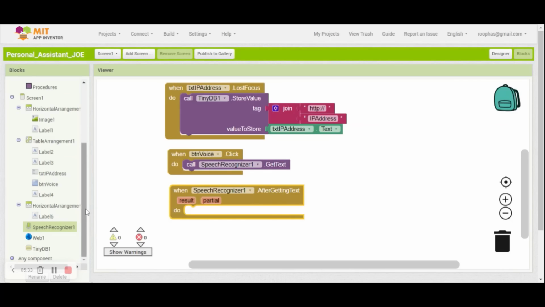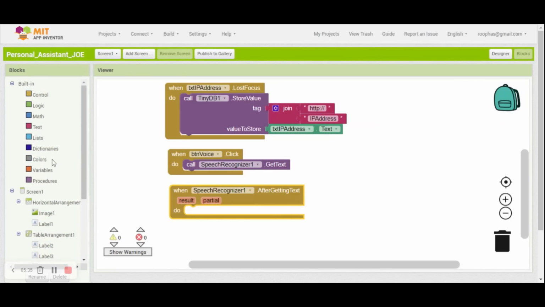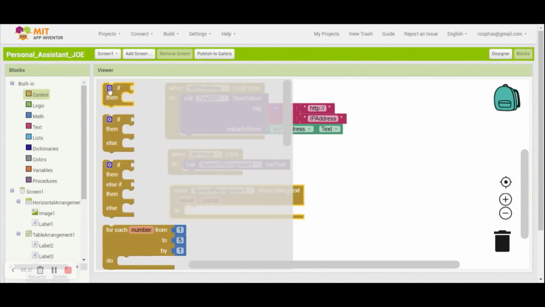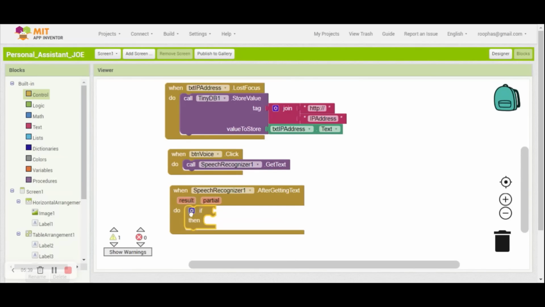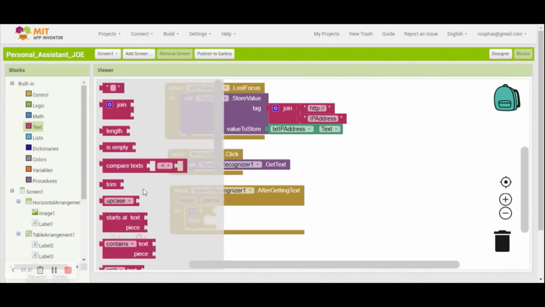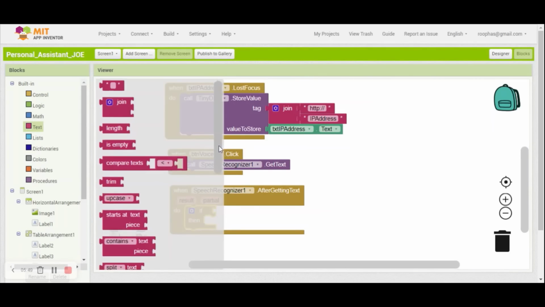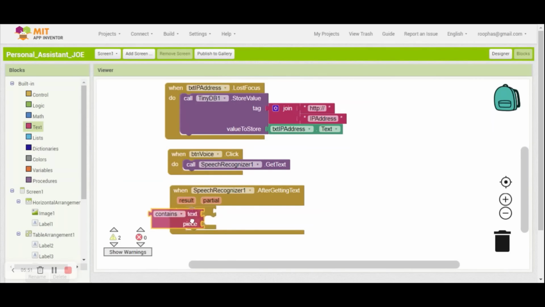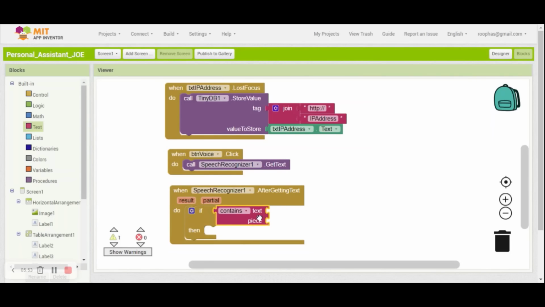Now drag and drop if block. If my voice command has the word hello,